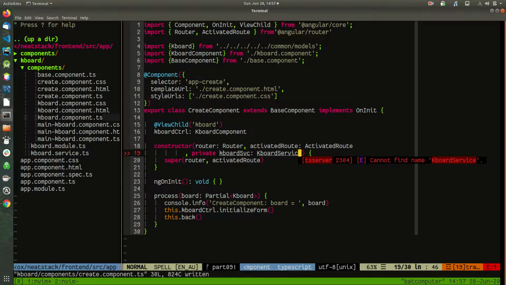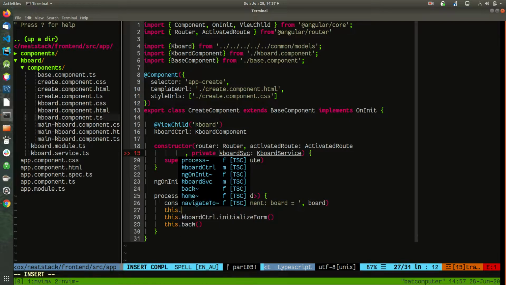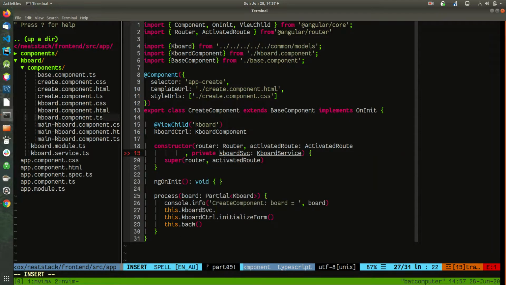Like that. Okay, so if you look here, the router and the activated route, these are services as well. These are built-in services provided by Angular, and this kbot service is our service. Remember, the service is scoped to this module. What we do here is this: we can now say this kbot service add card